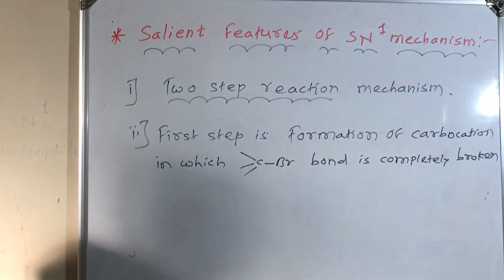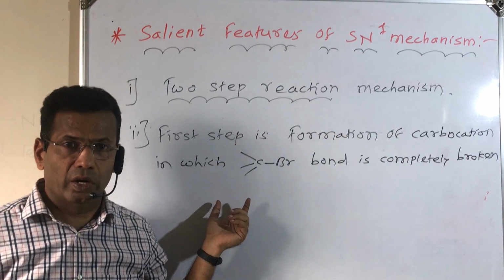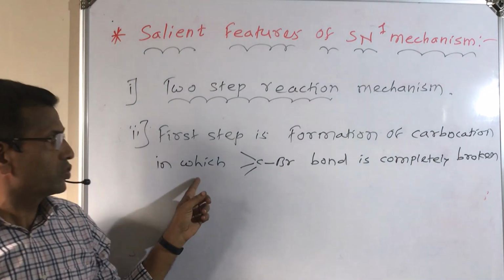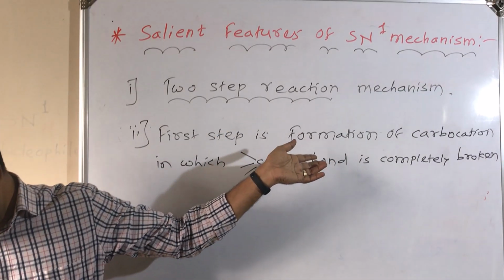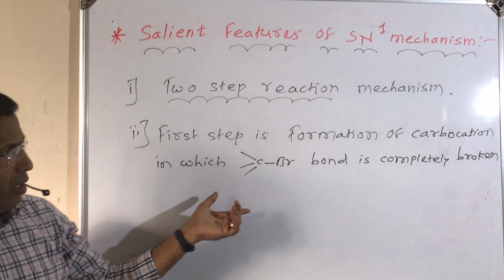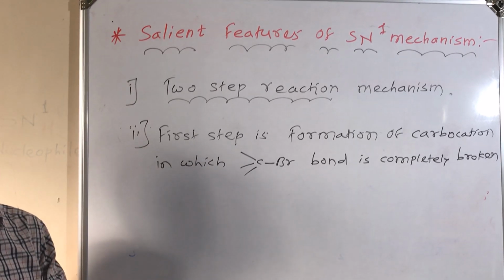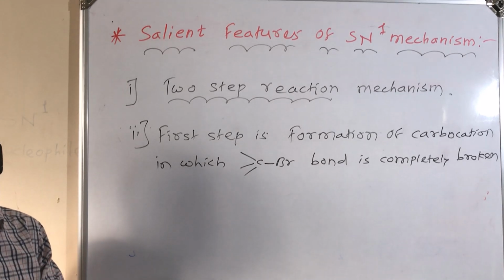So you know, in the formation of carbocation, because of the positive inductive effect of 3 methyl groups and negative inductive effect of Br atom, C-Br bond is completely broken and carbon atom is getting positive charge. And whenever this bond is broken, we are getting planar trigonal carbocation. What is geometry of carbocation? Planar trigonal carbocation.